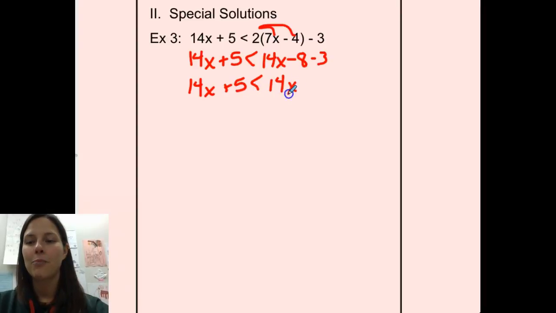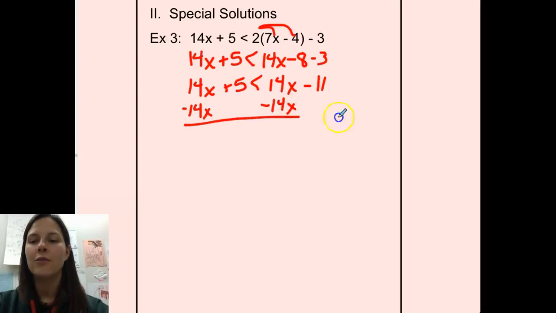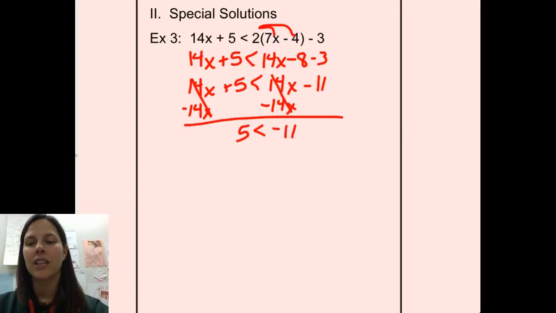Negative 8 minus 3. So think about it. If you spend $8 and you spend 3 more, you have spent a total of $11. I like to get my variables together before my regular numbers. So when I subtract 14x from the left, it cancels. It also cancels on the right, leaving me with negative 11. My resulting inequality says 5 is less than negative 11, which is not true, so that means that this inequality